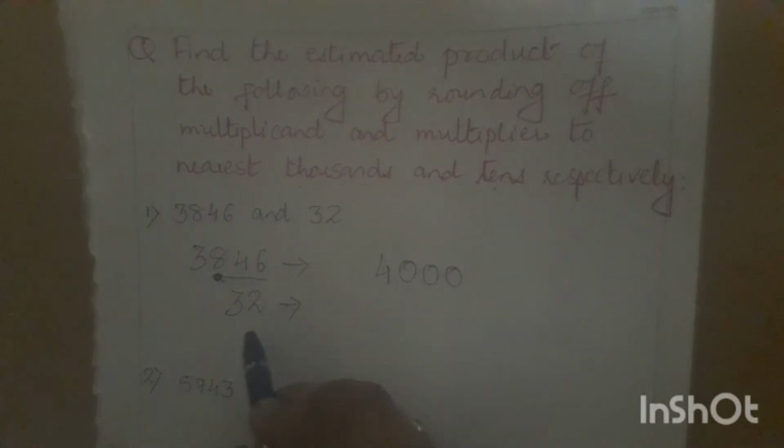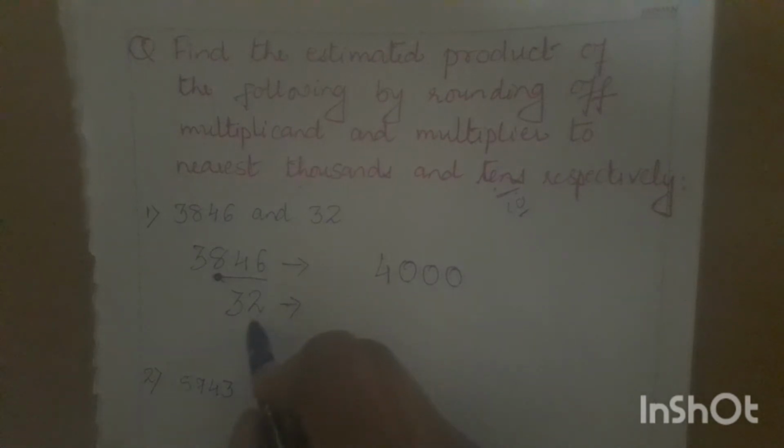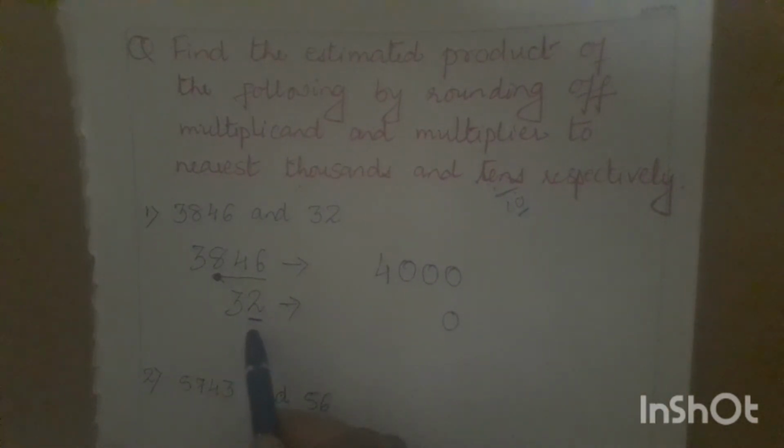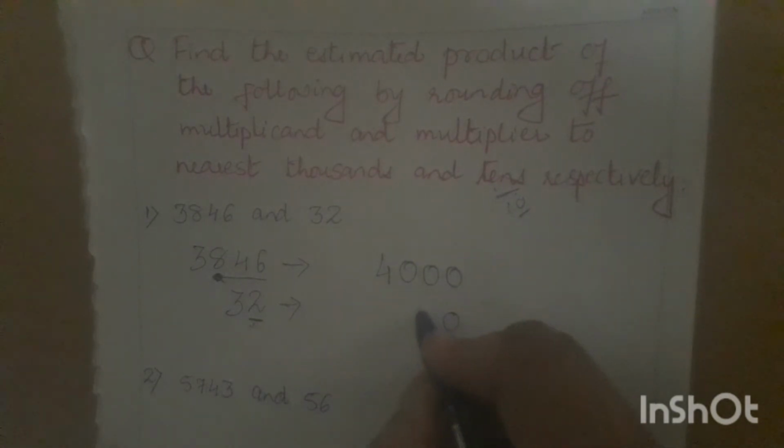Fine. Now here this number is to be rounded off to the nearest tens. In tens you have 1 zero. So first step, 1 digit to be underlined, 1 zero. The digit underlined you have to check. If it is 5, 6, 7, 8, 9, then the condition is satisfied and you will add 1 to the previous number, otherwise not. So here the condition is not satisfied, so 3 remains as it is.